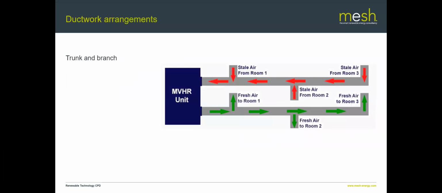Okay, so let's have a look at some of the common ductwork arrangements, and some of the advantages and disadvantages of both. So this is, I guess, the type of ductwork arrangement that most people might immediately imagine with MVHR. It's called trunk and branch, and effectively what you have is one big header duct for your extract, one big header duct for your supply, and then you have branches off to each room that you're serving, and they all go back to the MVHR unit. There'd obviously be a couple of ducts going from here to the outside,